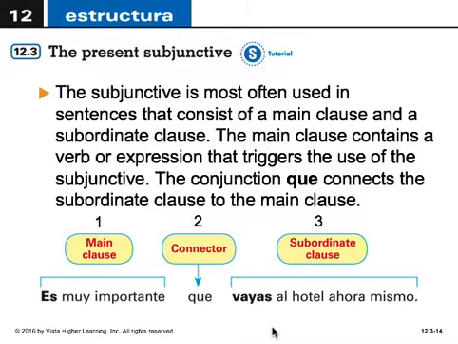It's also important that many times there's a change of subject here, which throws this subordinate clause into the subjunctive. It's very important that you go to the hotel right now. If you notice, there's a change of subject and also these three things. This is an impersonal expression. Es muy importante. We have the second one, which is que, and so this verb needs to go into the